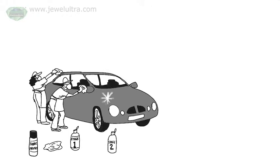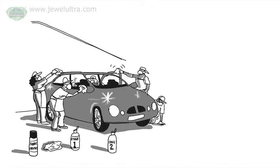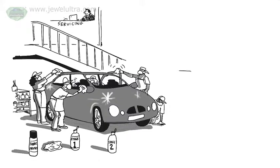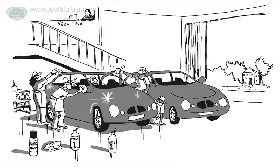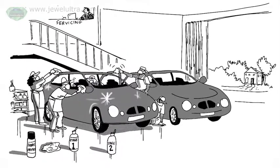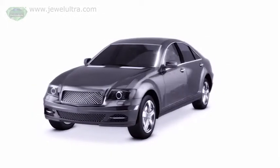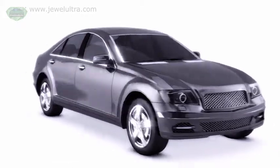Ultra. Mr. Sharp said yes, but Mr. Brown said no. So the guys at the showroom, who were approved Diamondbrite contractors, applied Diamondbrite to Mr. Sharp's car, but not to Mr. Brown's. Now, if you take a very close look at a car's paintwork, you'll notice that the surface isn't perfectly